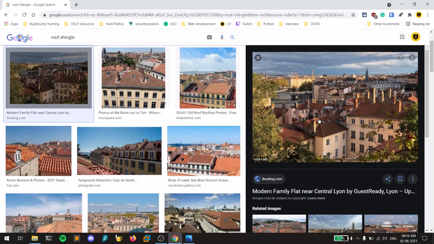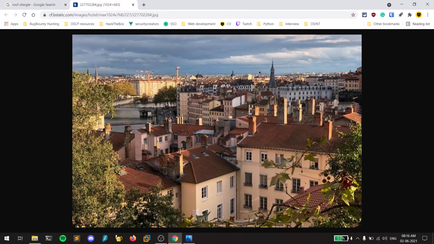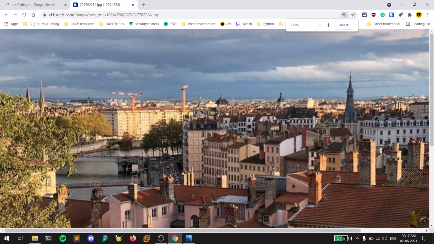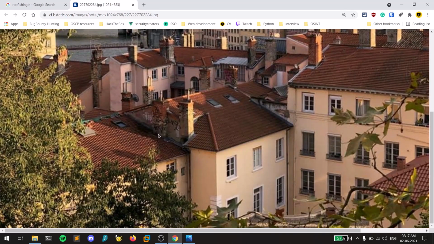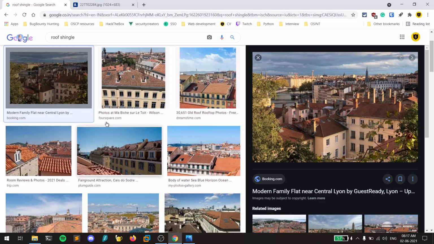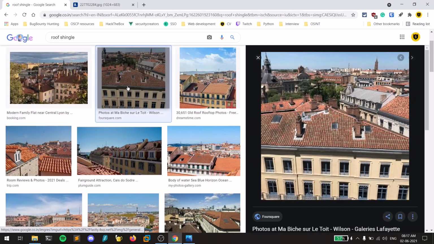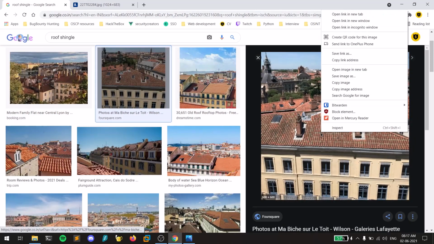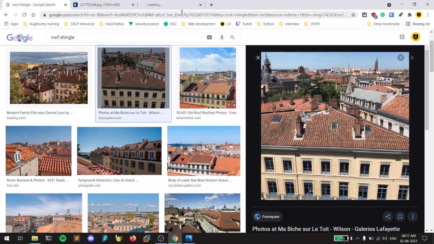If you can see here, let me open the image in a new tab. Here you can see, let me enlarge this. You can find a tower like this, but I can't give any assurance that this is the particular tower, though they are something like that. Let's keep that aside and go to this image. So yes, I think we got it. Let me open the image in a new tab. Where is that option? Open image in new tab.